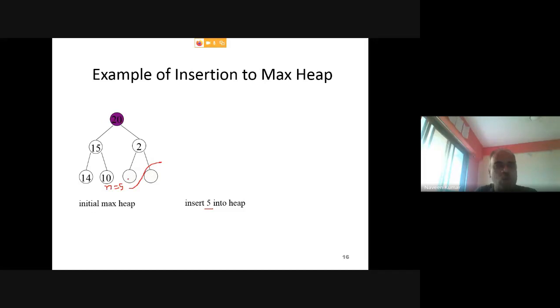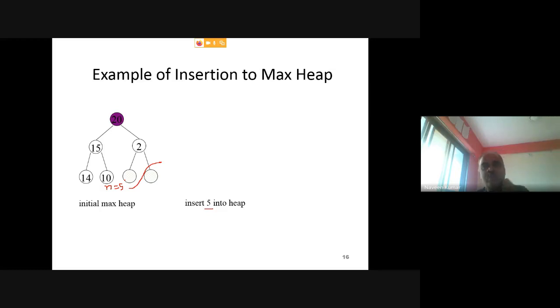Since this node is initially empty, what we need to do first is increase the size of this array by 1. Initially, let us say you have taken an array of size 20, but the actual number of elements n is maybe 12. You need to fix the array, then start insertion. After you keep on inserting elements, finally the total number of elements in your array will be, let us say, 12 at some point of time.